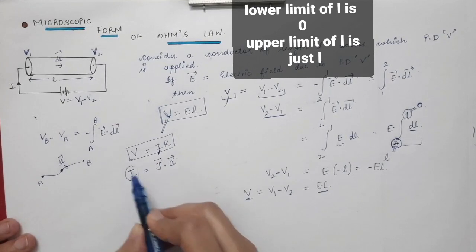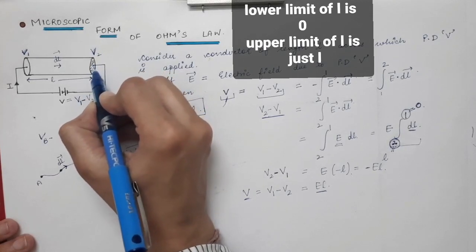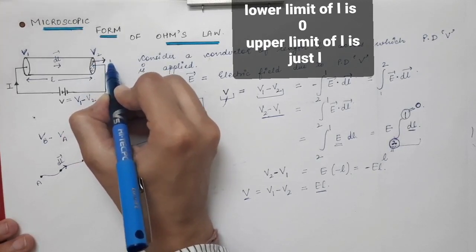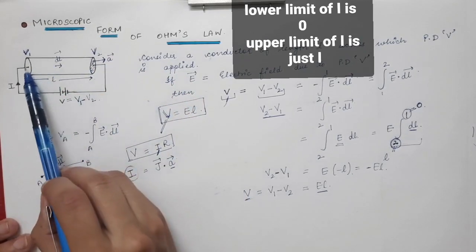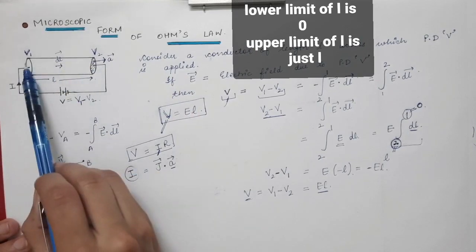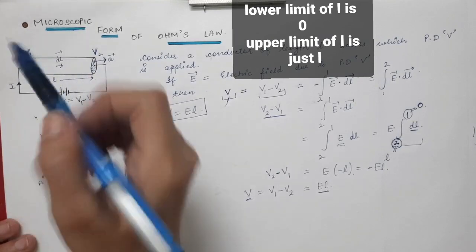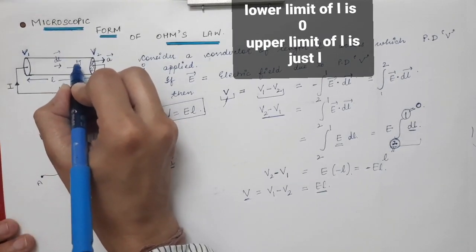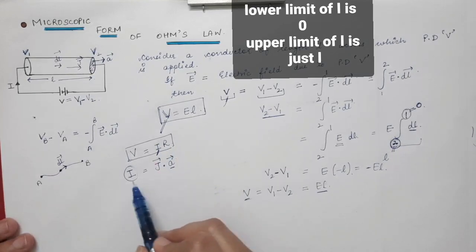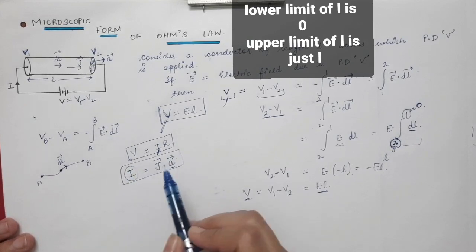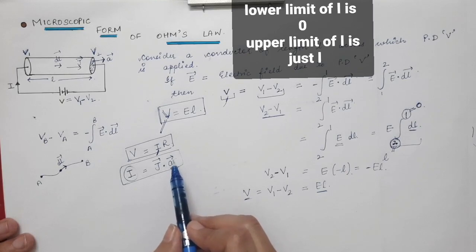So if I is the current which is flowing through this area, so let's say this is the area of cross section and this is the area vector which is perpendicular to this cross section, and the current is flowing from this point to this point. So current is flowing in this direction, therefore the electric current density will also be in this direction. So in this direction only we will have the electric current density J vector. So what will be the current? This is the general formula which we have done in the previous lectures, that the current will be equal to J vector dot product with A vector.